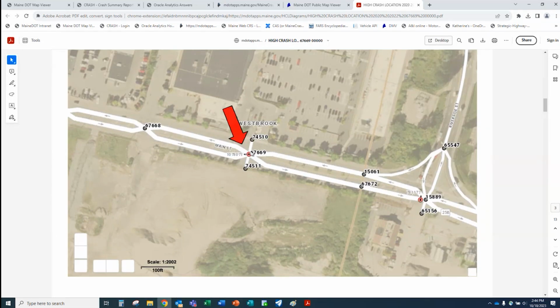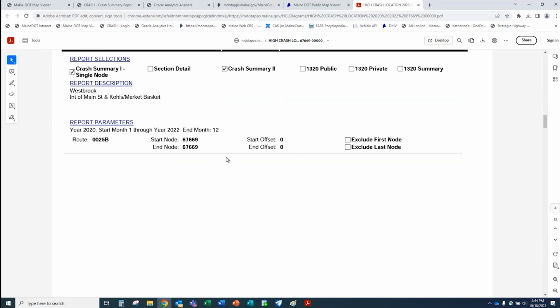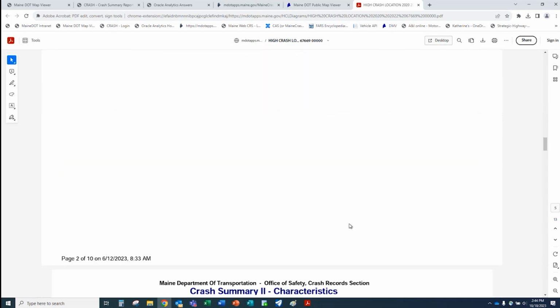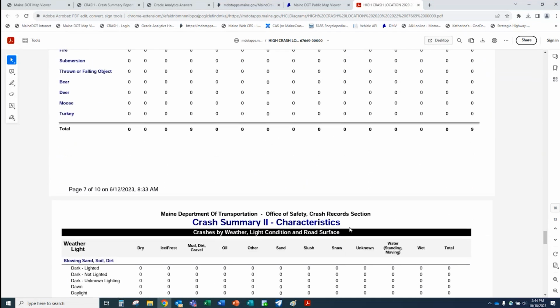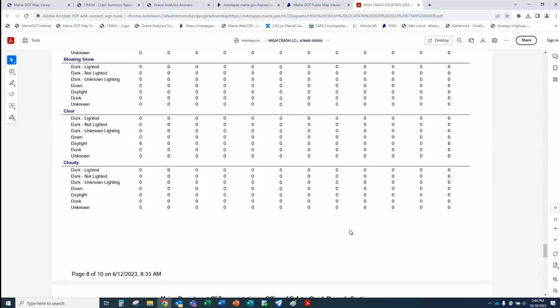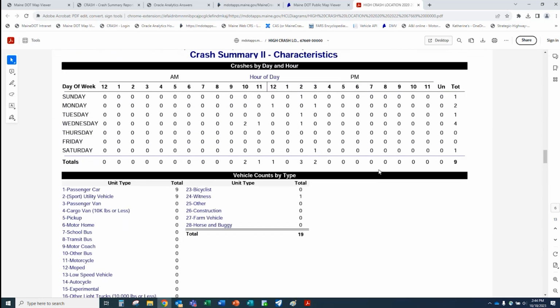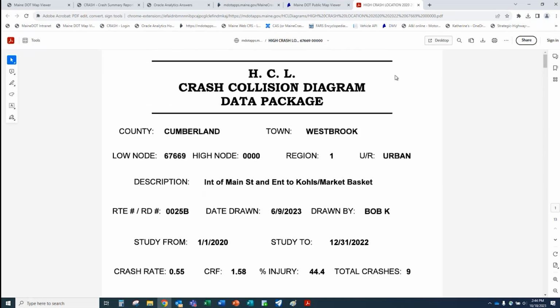It also gives you a map showing you the exact location of what we were looking at. So this is in Westbrook. And then you get an actual summary report 1 and 2 for that actual location, which is standard. We produce these all the time. I know some of you may not have ever seen one of these summary report 1s and 2s. All of this information that you're looking at is all available when we were in the Crashes 10-year layer. All of it was there. But this is giving you the actual report that goes with that. So this is a really neat feature with these high crash location layers, is that you get an actual report.